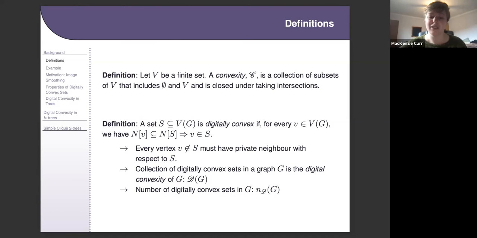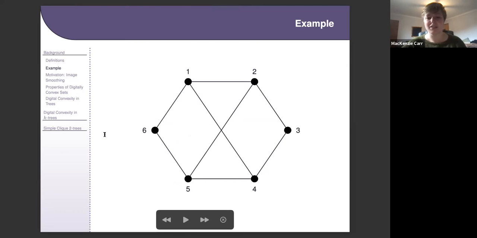And we'll denote the collection of digitally convex sets in a graph, so that's the digital convexity of the graph G, by this script D of G. And we're concerned here with the number of digitally convex sets in a particular graph. So we'll denote that by n sub D of G. So as an example, if we look at this graph here with 6 vertices,